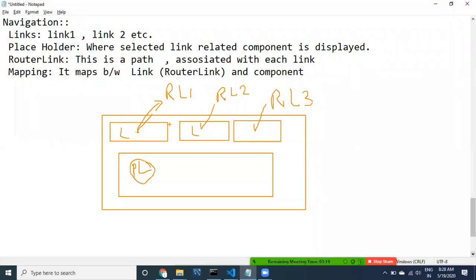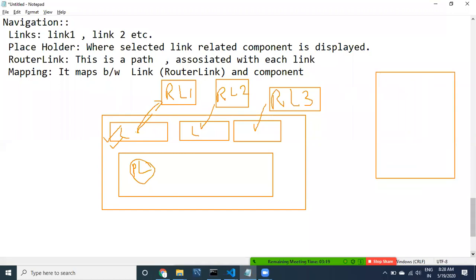Each can be a link or a button, anything. Whenever you click on this link or button, it is associated with one router link. Sometimes a router link can be called a path.